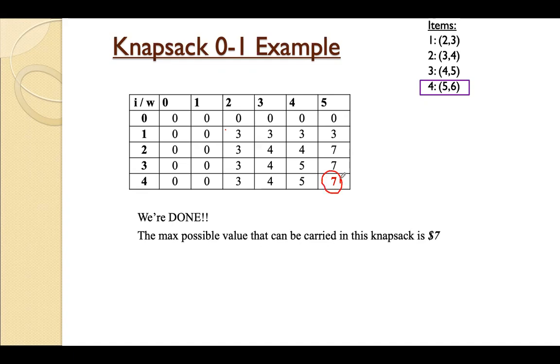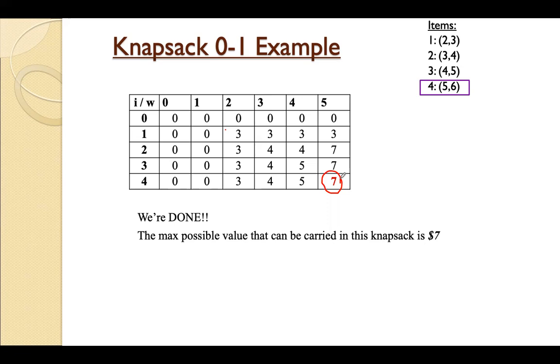Whatever value is present in the final box, that is the maximum profit we are going to get among these 4 items. See, that is the first part of the knapsack using a dynamic approach. That is the maximum profit we have found out. Next step is we have to find out which are the 2 items that have led to this maximum profit. That we have to find out.